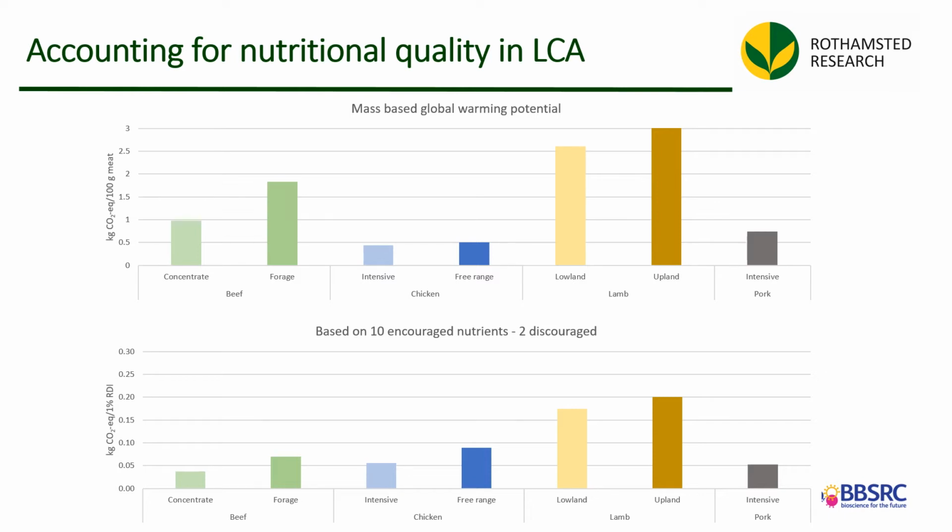but rather than representing the results as kg of protein, we changed the functional unit to 100 grams of meat. So the impact you're looking at here represents kilograms of CO2 equivalents per 100 grams of meat for each of the seven products shown on the horizontal axis. However, if we change that functional unit from 100 grams of meat to what percentage of your recommended daily intake does that 100 grams of meat produce in relation to 10 nutrients, minus the two discouraged nutrients, then we see